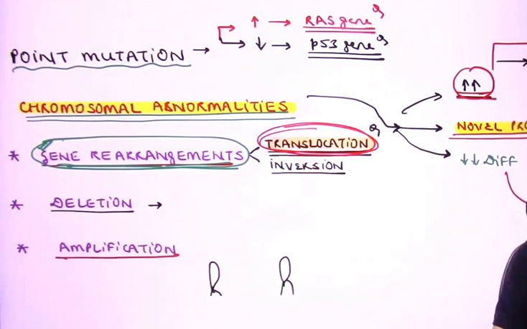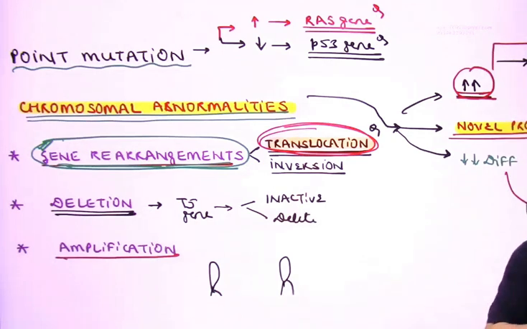If I'm talking about mechanism number 2, this is going to be deletion. Classically, this is something that involves tumor suppressor genes. Now in a normal cell, you have 2 copies of the tumor suppressor gene. Suppose one copy gets inactive for whatever reason, and the second copy gets deleted. That means both the copies are non-functional, and this cell or tissue has a higher chance of getting converted into a cancer.